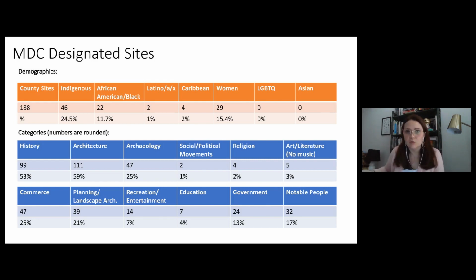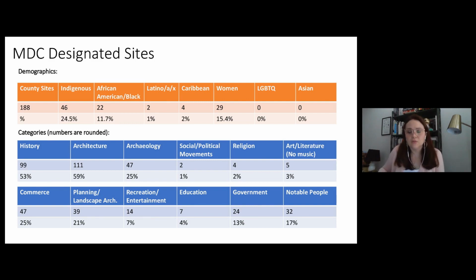For example, buildings in Miami-Dade County were historically constructed of what's called oolitic limestone. It's common knowledge that most of the construction workers working with oolitic limestone were Bahamian. So if a building was designated because it's architecturally significant as an oolitic limestone structure, there is likely a history there with the Bahamian population and the workers, but that's not part of the story.